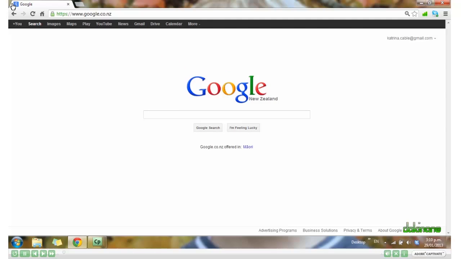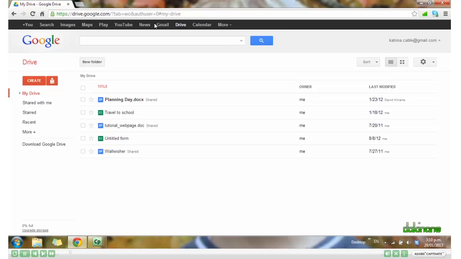Here I am on the Google homepage and I've already signed in today. To find your documents, it's now under Google Drive. So click on Drive. If you can't see Drive along the top in your shortcuts, click on More. It'll be in there. So these are the Google documents I already have, but I'm going to create a new